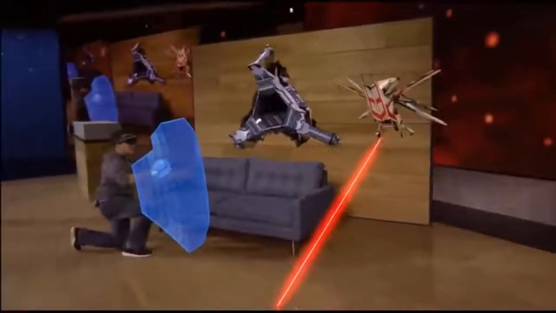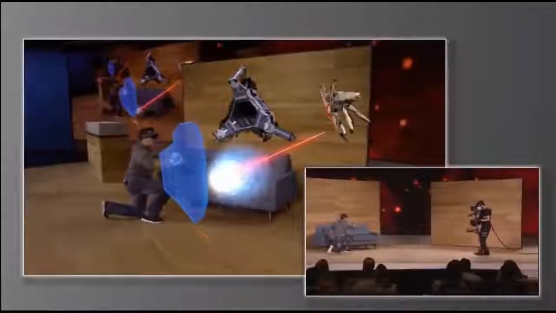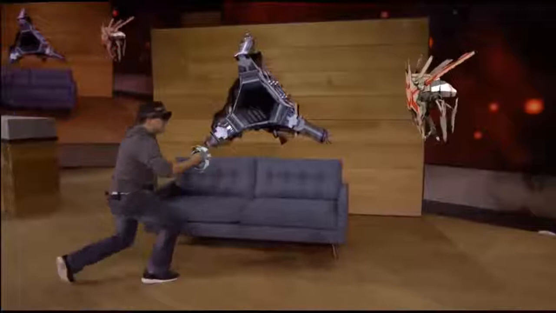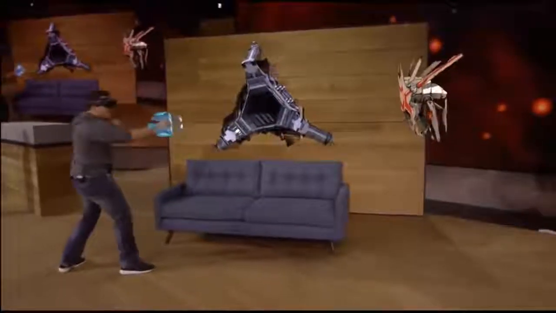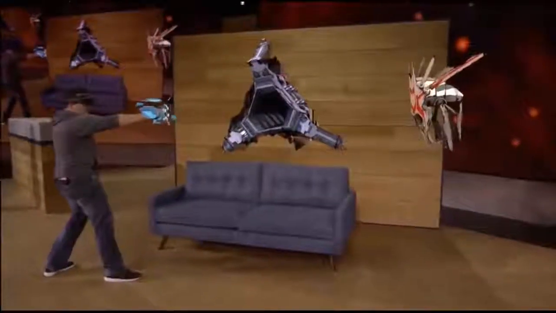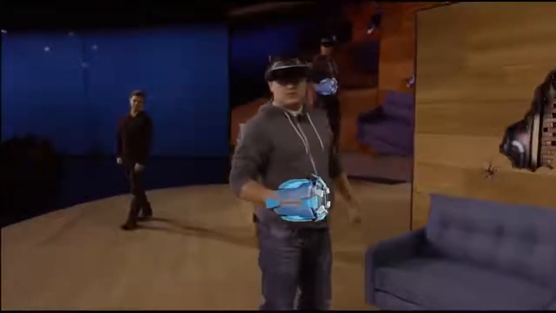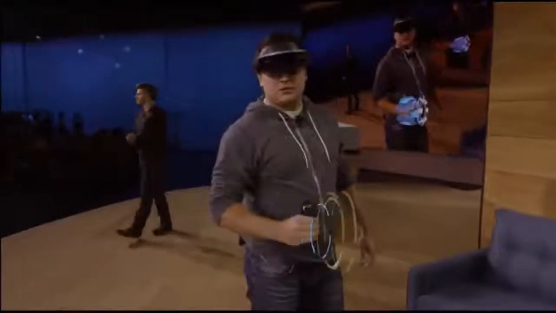Dan can even use his shield to defend himself. Nicely done. Looks like that's all of them.